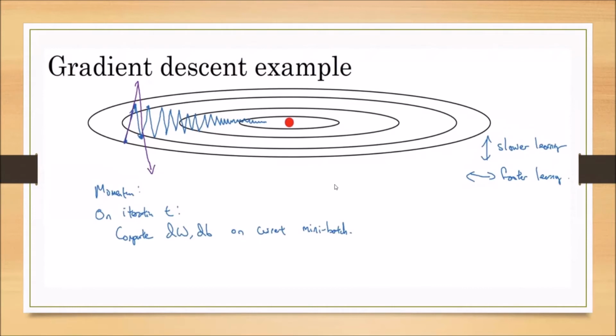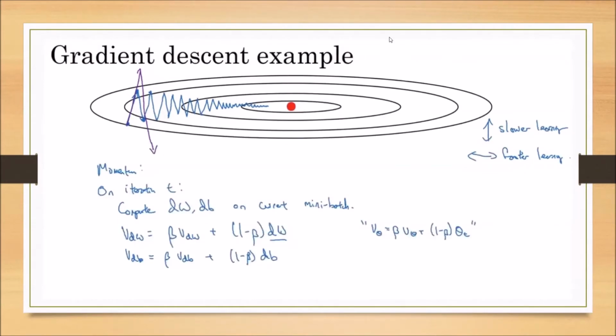Now, in the previous examples, we considered 5 lakh training samples. Taking all 5 lakh training samples for each iteration is a huge computational cost. Then we divided those 5 lakhs into 5,000 batches. In every batch, we have 1,000 training samples, and we called that a mini batch. If you remember, in the previous class we called it a mini batch. Now we are taking this mini batch to calculate dW and dB.